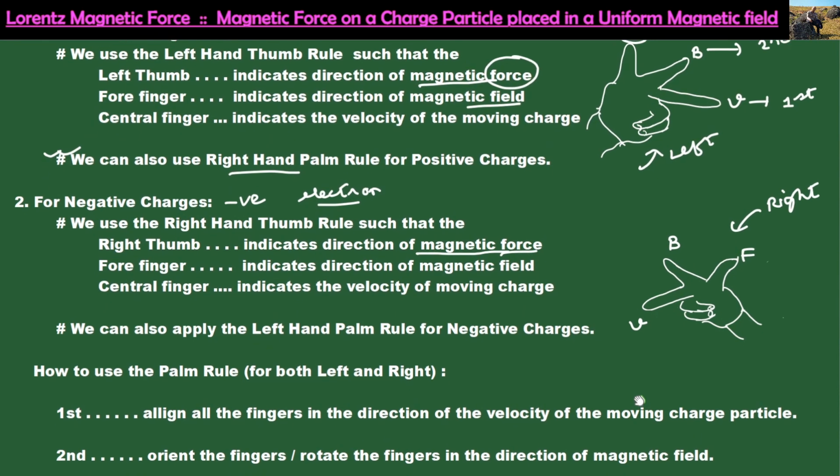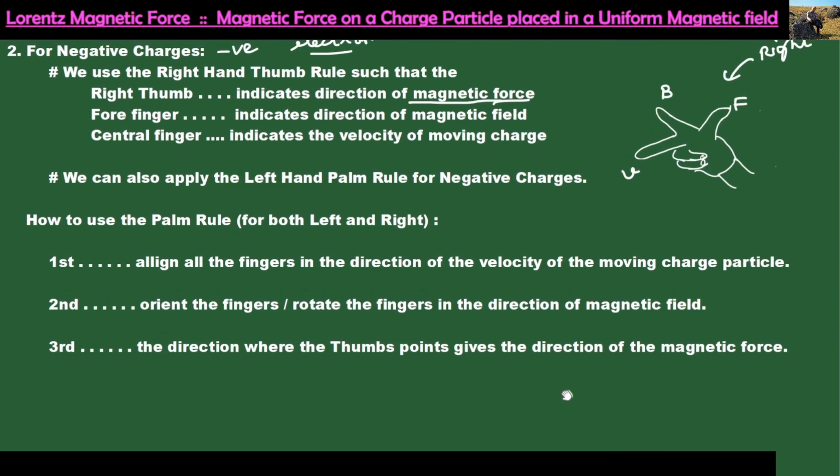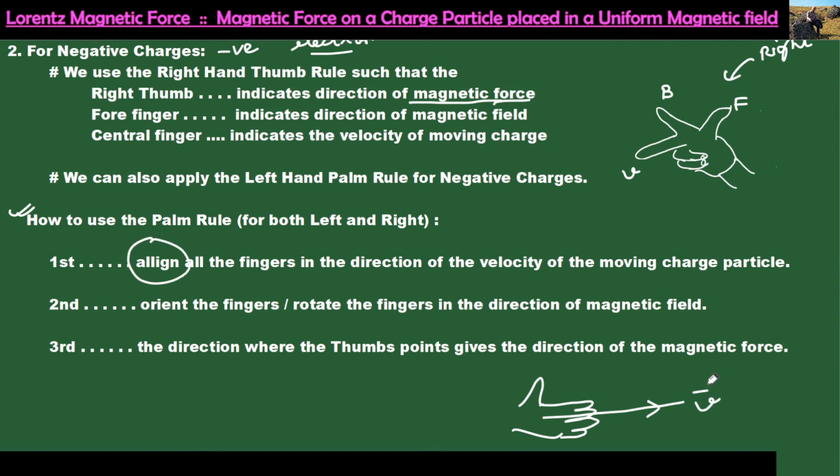So from here, we can also apply the right hand palm rule. It is very interesting by considering some examples. When we apply the palm rule, if I have this hand and these are my fingers, you outstretch your fingers. First, you align your fingers in the direction of your velocity vector. Next, you curl your fingers in the direction of your magnetic field. Then the direction in which your thumb points will give you the direction of your